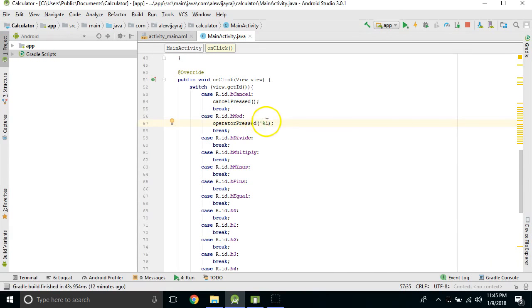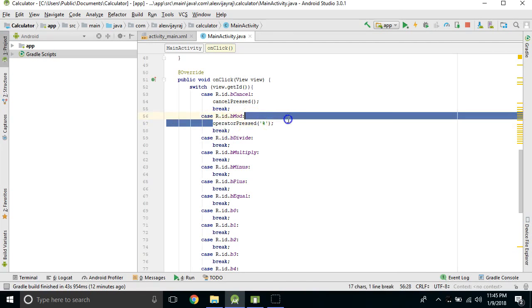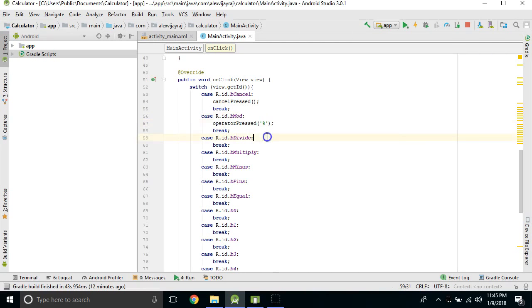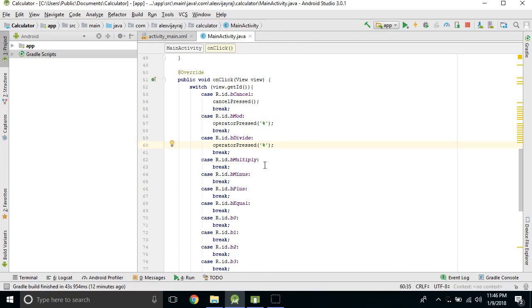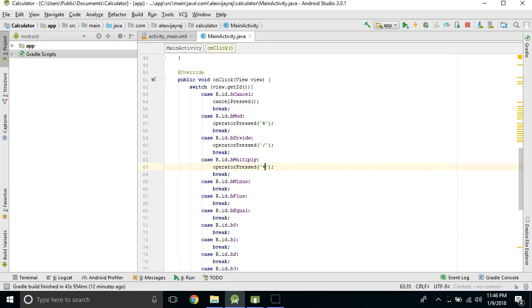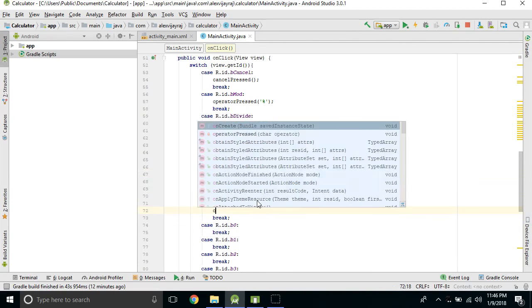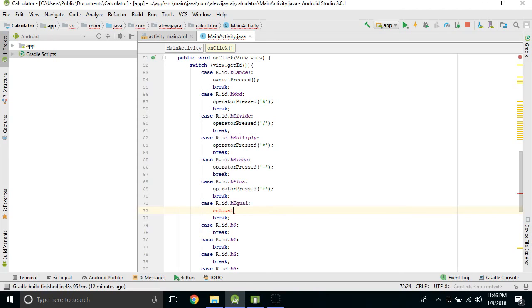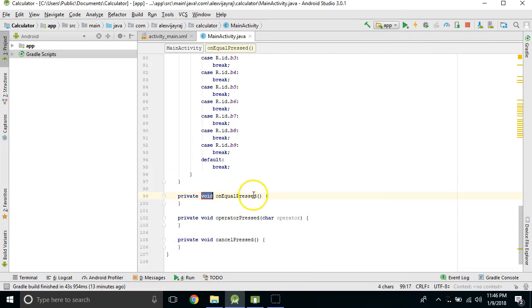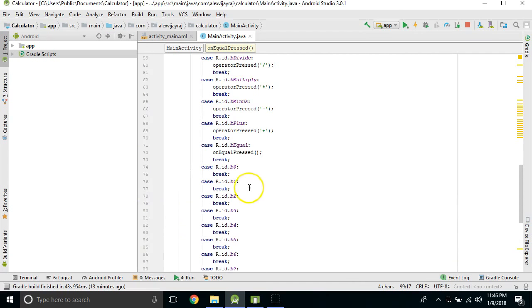And since this is mod, I'm going to pass in percentage. Notice that character has to be surrounded by single quotes, and similarly we're going to copy paste this to all the other operator cases. And here it's going to be divide, this is going to be multiply, and for minus and plus as well. Now we need to handle equals separately, and I'm going to call this a method onEqualPressed, and when we press Alt Enter, the onEqualPressed method gets created,